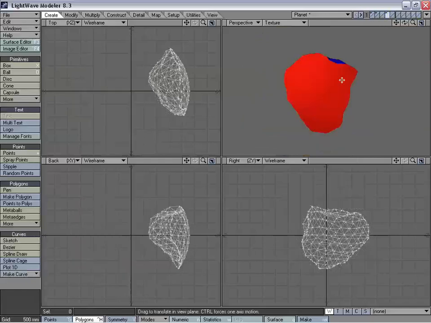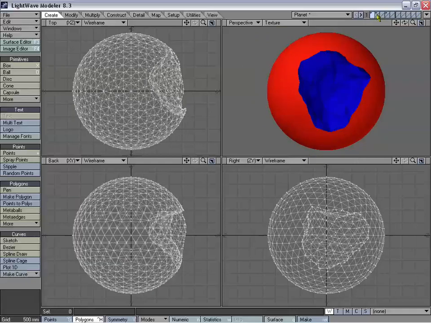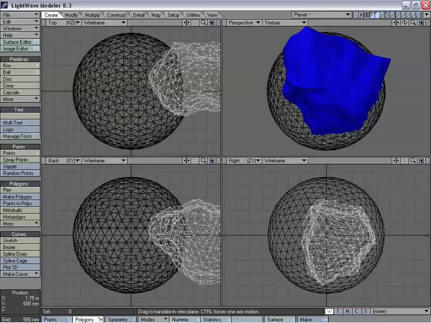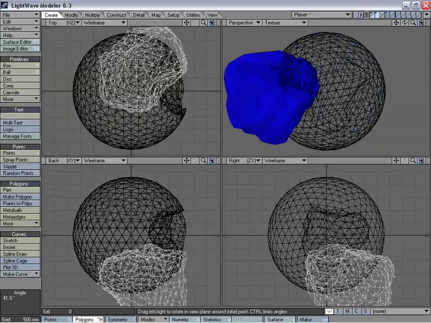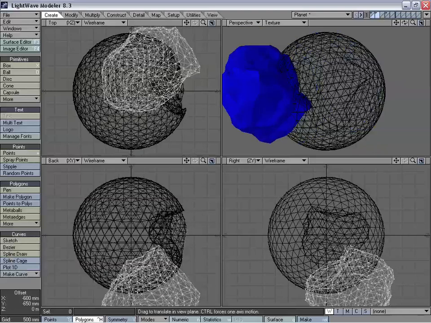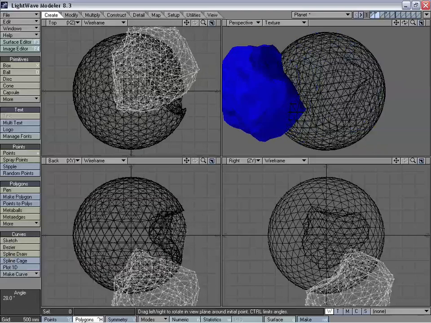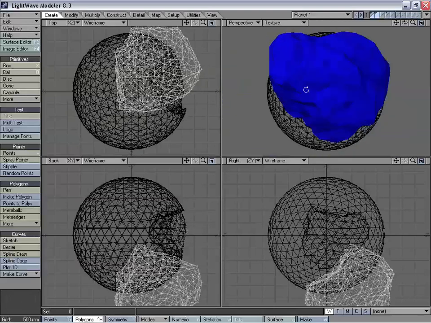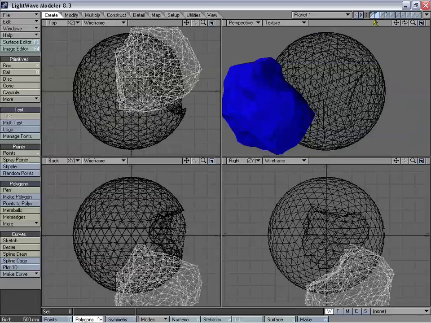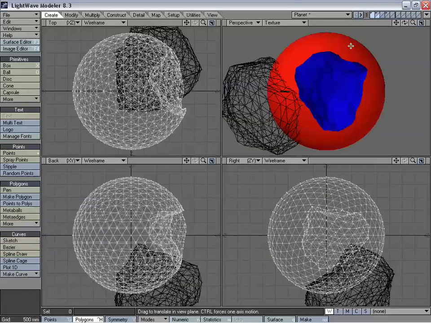And what we're actually going to be doing is going ahead and breaking down each one of these sections into smaller pieces and having them explode at different times. But right now we want to set up all our major cuts. So I'm going to go down here and rotate, and you just want to change up your cutting tool just a little bit so it's not exactly the same cut all around. And that looks like it'll be a good one, so we can swap that again by hitting the quotation key,